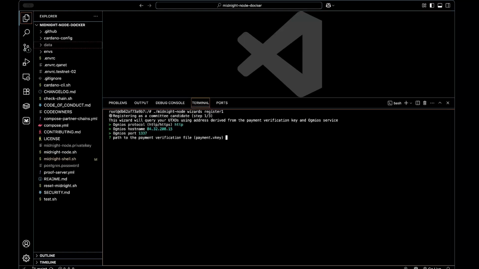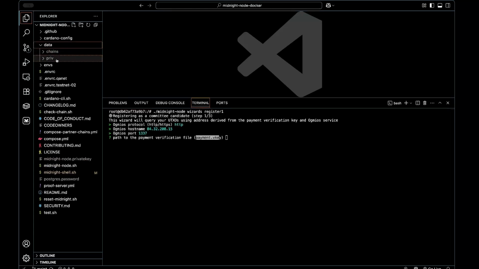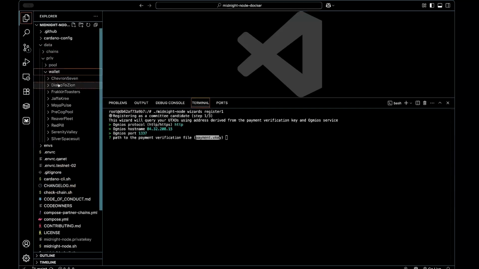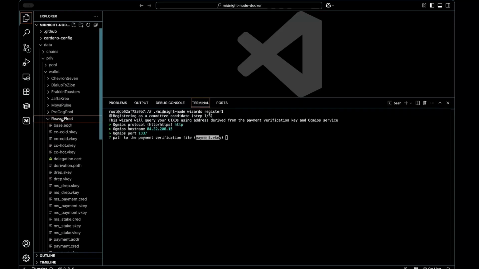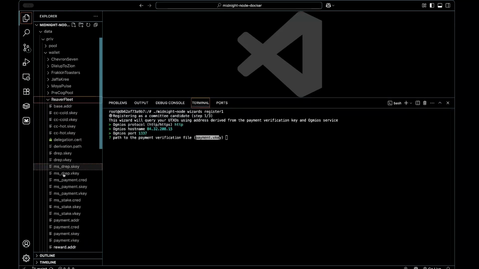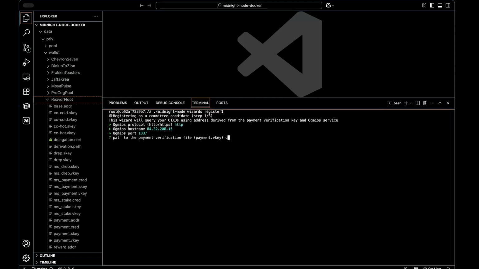Path to payment verification key file. This is going to be the absolute path. Remember that we are in the container file system. Our Cardano wallet address is within data directory, priv, wallet, and I'm going to be using the Reaver Fleet wallet that I have here. You can see that's where I have my payment verification key. So I just need to be sure to provide the absolute path to that key, which is data, priv, wallet, Reaver Fleet,